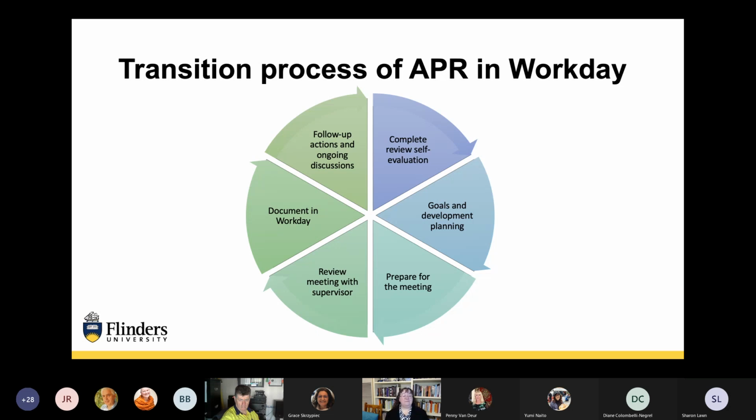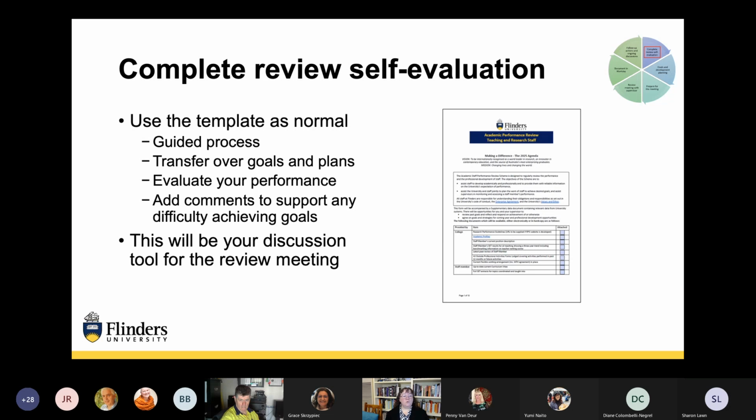So if you're a new staff member, you won't have a self-evaluation aspect to complete, but you will still need to set your goals and development research plans in conversation with your supervisor before you upload them to Workday. All right, so let's have a look at what the normal process